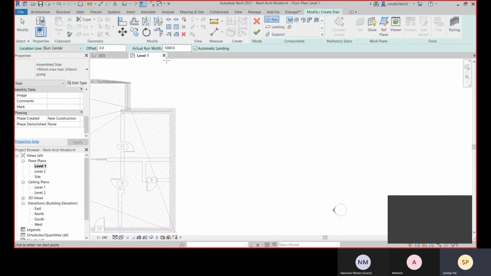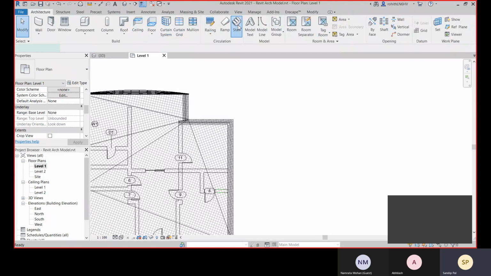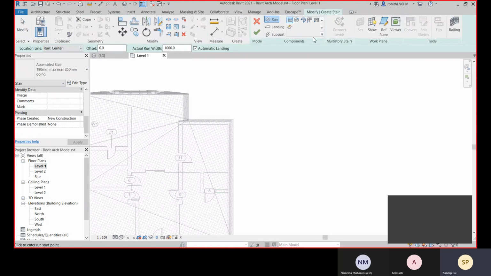When you select the stair option from the architecture tab, this is the option you select. Then here you have predefined shapes like straight stair, full step spiral, center end spiral, L shape, U shape.